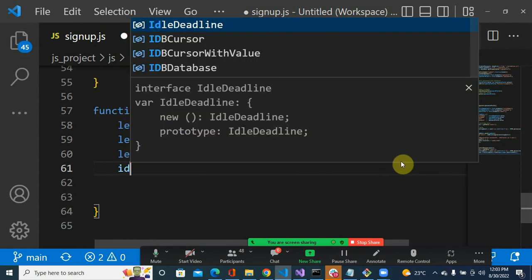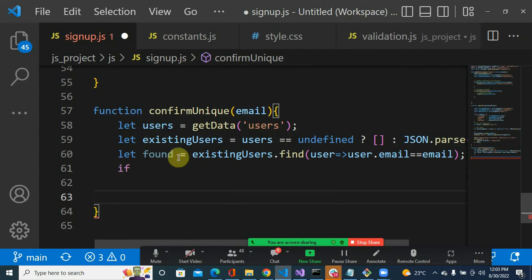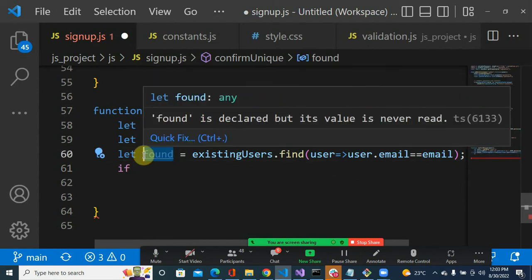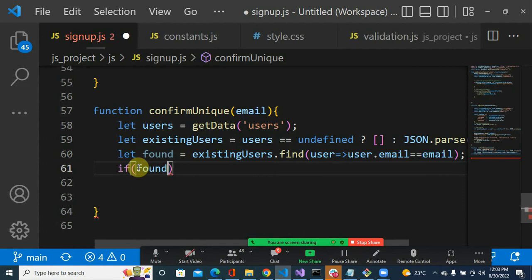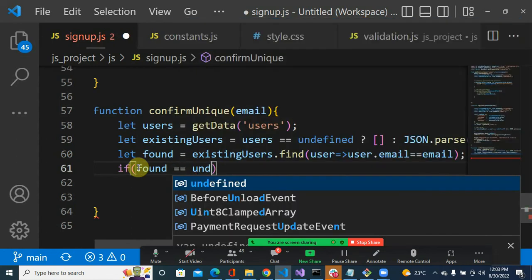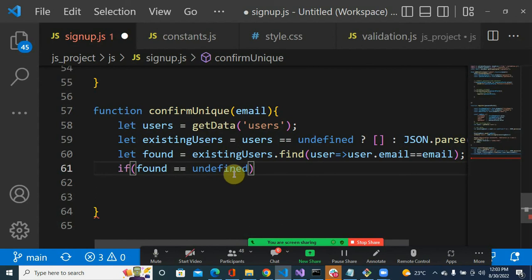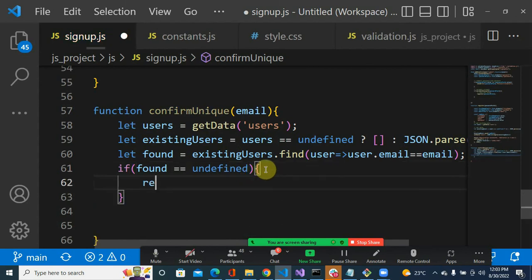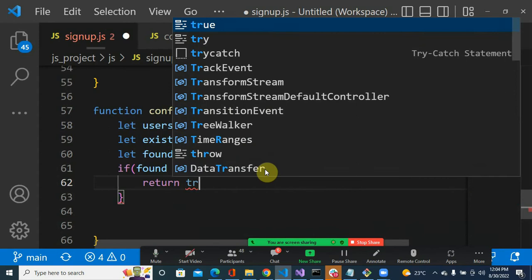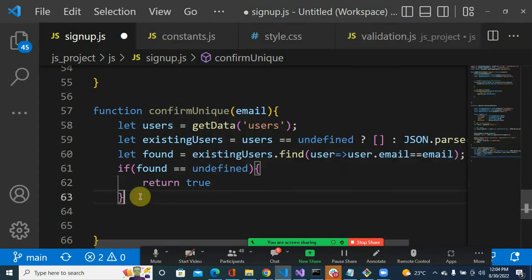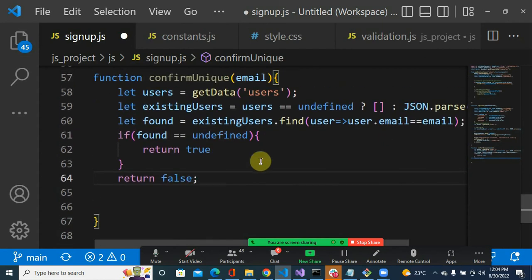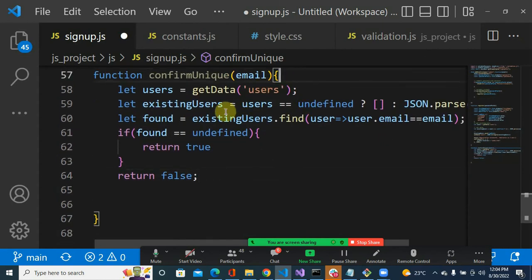So you can then say if found is undefined, return true, otherwise return false. So you can do this, or when you have this existing user which is an array,